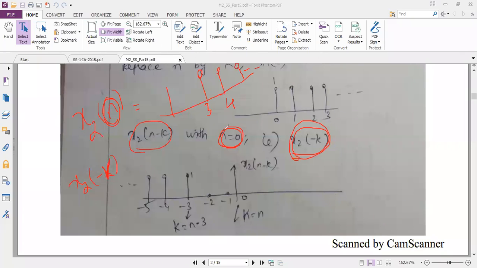So minus k means, you know how the diagram is changed. Initially plus 3, plus 4, my samples were present. Now it is just the opposite. Minus means it is minus 3, minus 4 and minus 5. You can see in the diagram now the infinity terms will come towards the left hand side, because of that minus k. And your x-axis is now with respect to k, not with respect to n. And this complete amplitude I have drawn for x2 of n minus k.